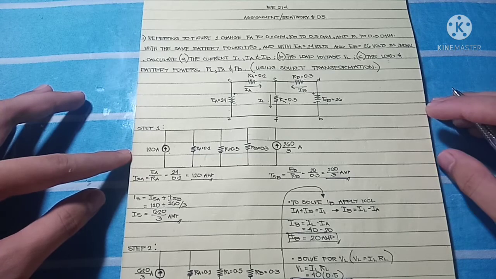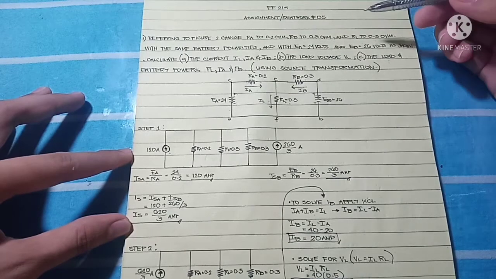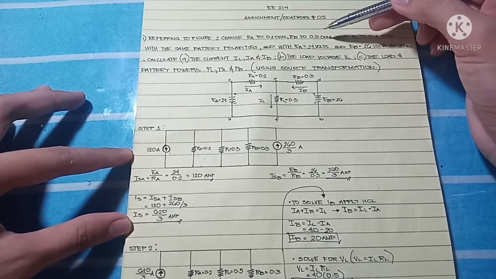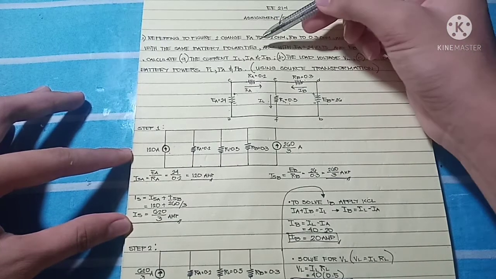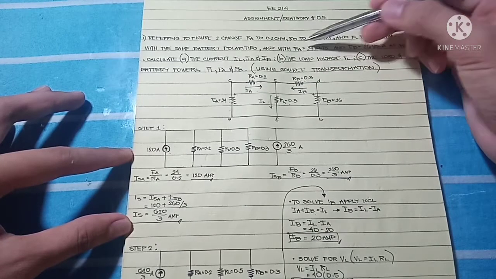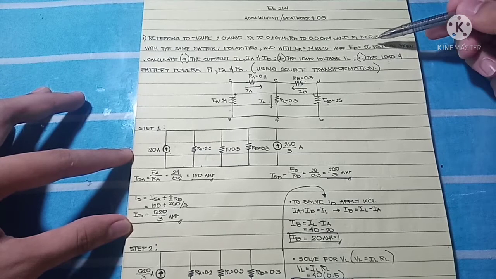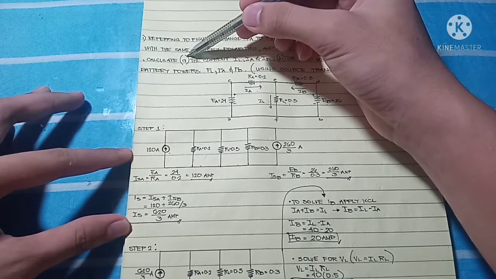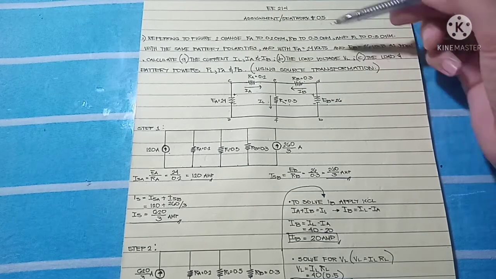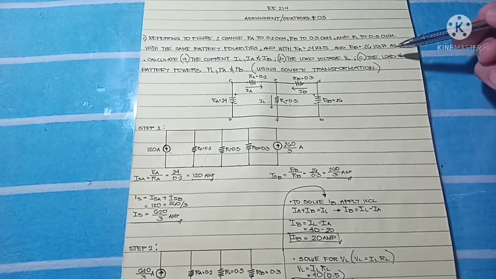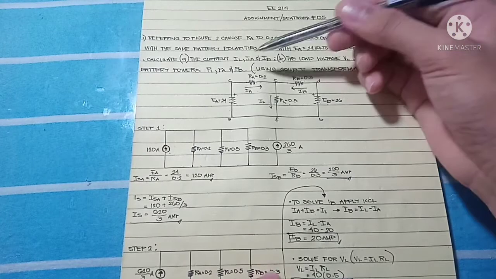The problem in assignment number 5 is referring to figure 2. Change RA to 0.2 ohms, RB to 0.3 ohms, and RL to 0.5 ohms with the same battery polarities, and with EA equal to 24 volts and EB equal to 26 volts, as shown. Calculate A, the current IL, IA, and IB; B, the load voltage VL; C, the load and battery powers PL, PA, and PB